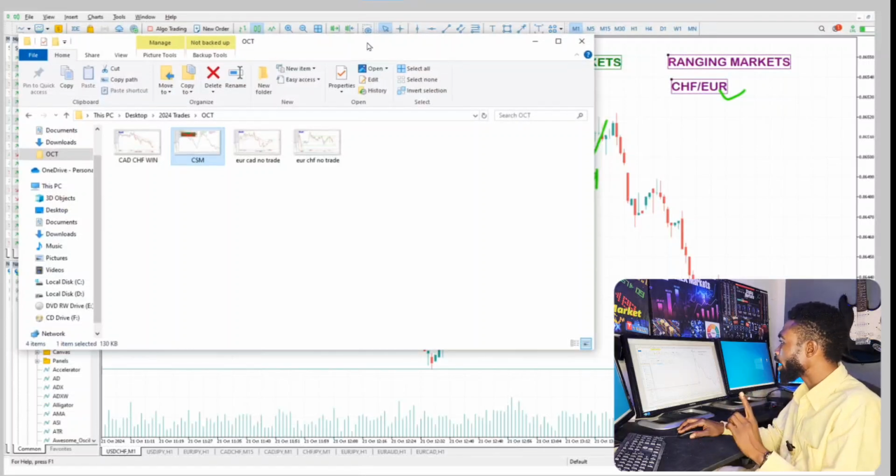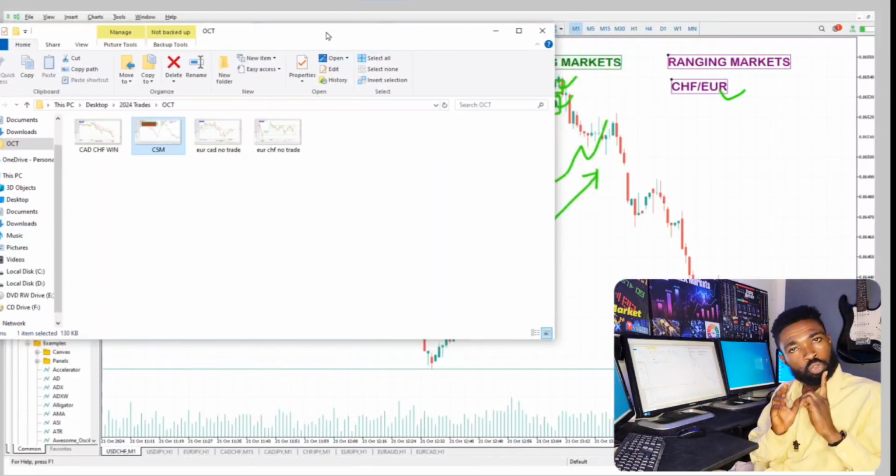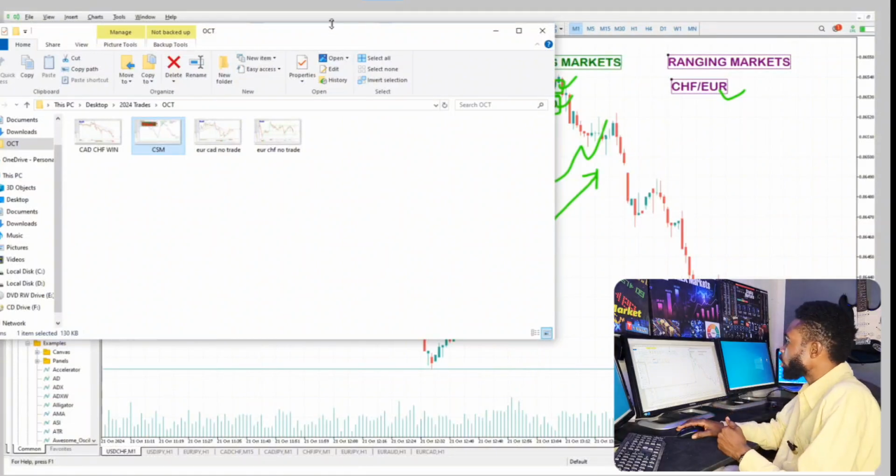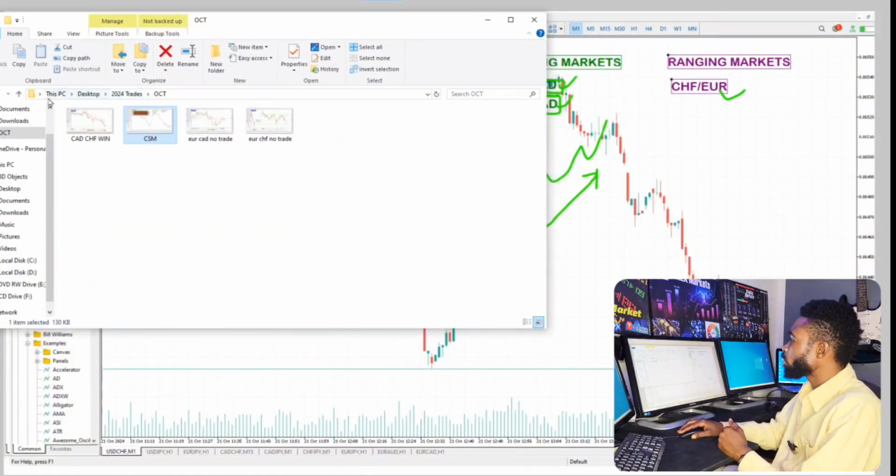You see, as a trader, you must always journal your trades and take screenshots. How long does it take to take a screenshot? Just within 5 minutes, you've taken your screenshot, but sometimes you advise most people and they feel lazy to do that. So if you don't take screenshots of your trades, how can you even analyze your trades after you finish trading? So you could see that in this folder, on my desktop, I have 2024 trades and